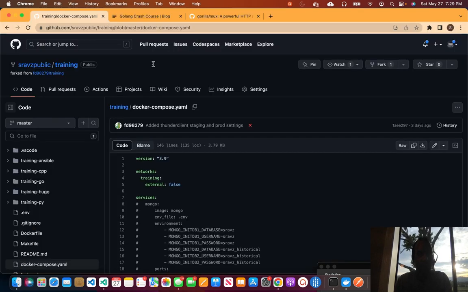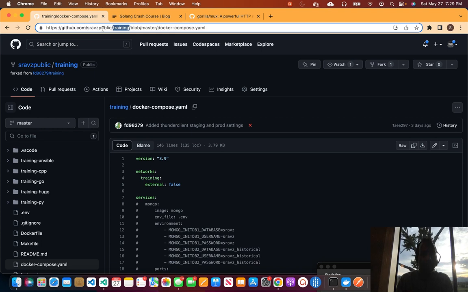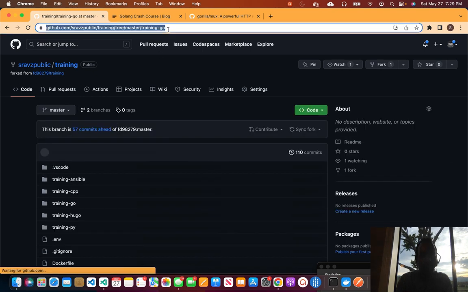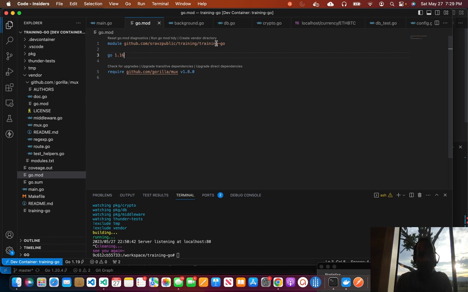If we switch back to our GitHub page, we have training, and then training.go as the directory. So this is what we put in the module name. Then we have the minimum version of Golang. In our case, we put 1.16, so it could be higher. And then the requirements. These requirements can be auto-generated too. So if I delete this and then run the go mod tidy command,